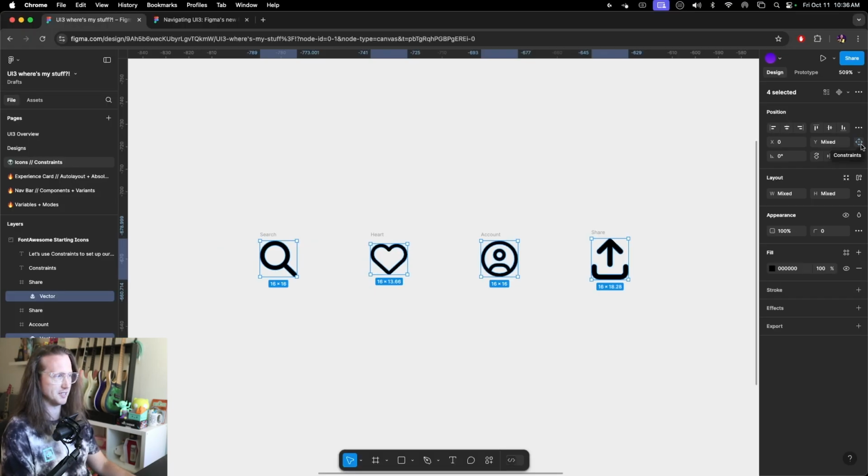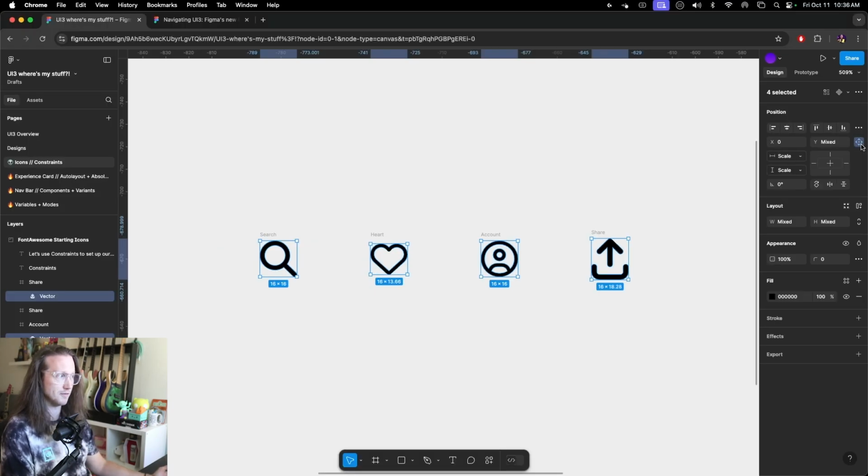Having all of these selected, I can just open up the constraints for all of them, and you'll see that this UI feels super familiar. We've seen a lot of this before. The positioning may be a little bit different, but in terms of the tools that are available to you for how you're constraining an element inside of its frame. And we can still also use this kind of quadrant UI as well